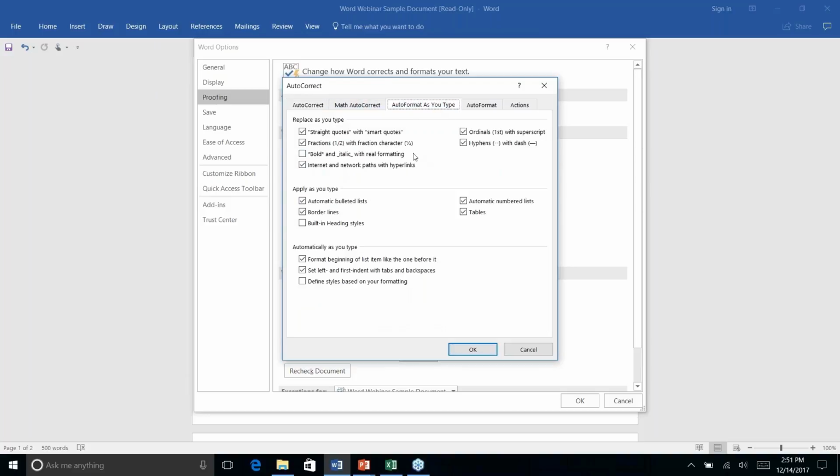AutoFormat As You Type also has a couple of options in here that you will find useful. By default, it is going to change your ordinals. So if you have things like first, second, third, it will take the ordinal and put it as a superscript, which means it'll be in smaller letters towards the top of the number. It's just a little bit more visually pleasing. If for whatever reason you hate that it does that, you can come in here and turn it off. Same thing with changing the quotes,